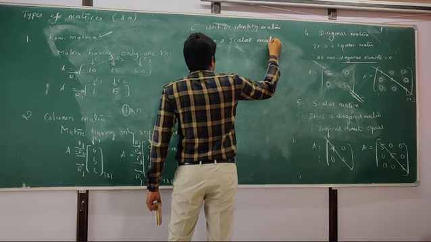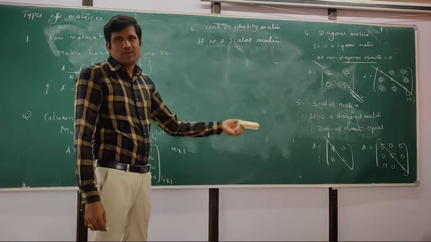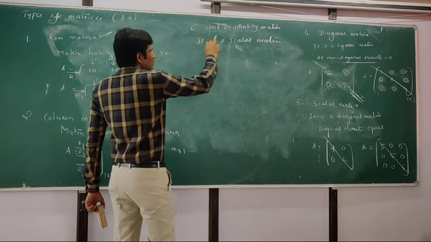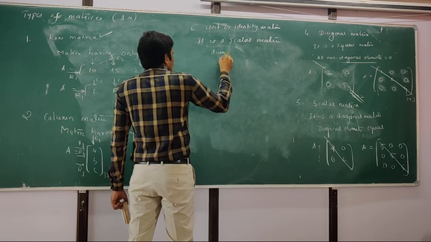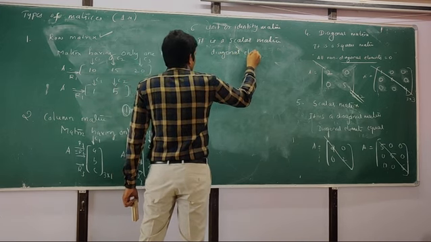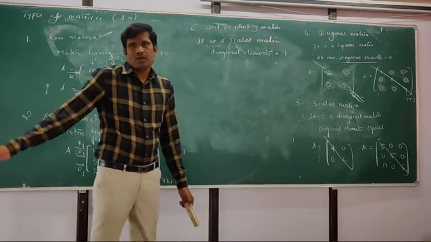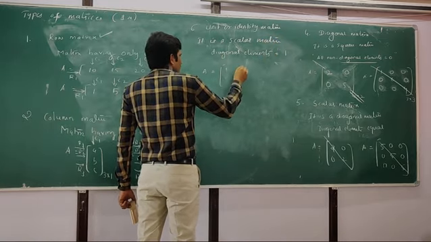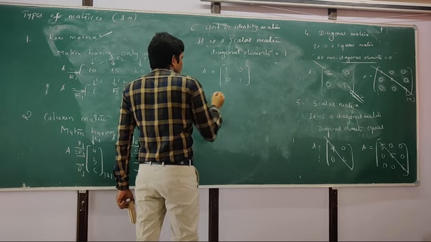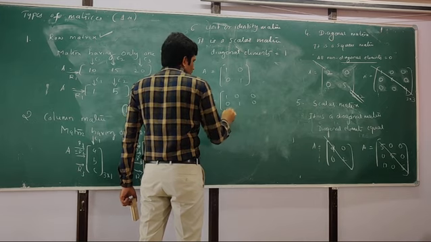Already we know what is the meaning of scalar matrix. So all diagonal elements are equal, non-diagonal elements are equal to 0. So now this unit or identity matrix is a scalar matrix in which all diagonal elements are equal to 1. Students, understood? So I will give examples here. So 1, 0, 0, 1, and here see 1, 0, 0, 0, 1, 0, 0, 0, 1.